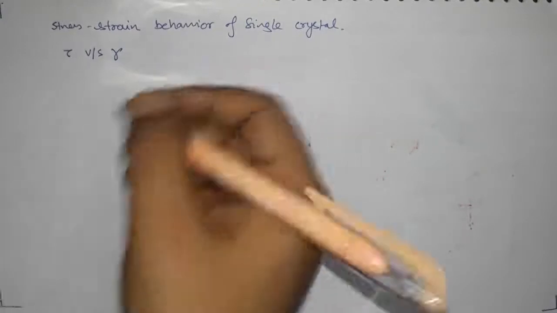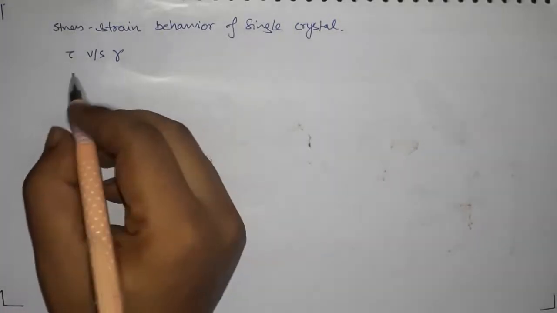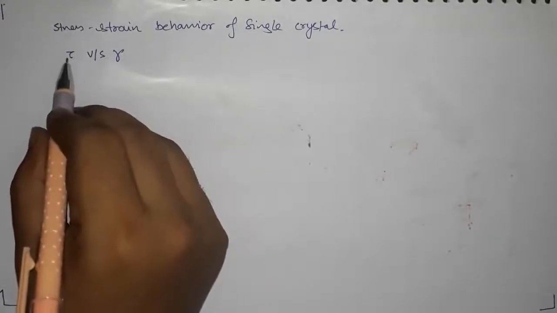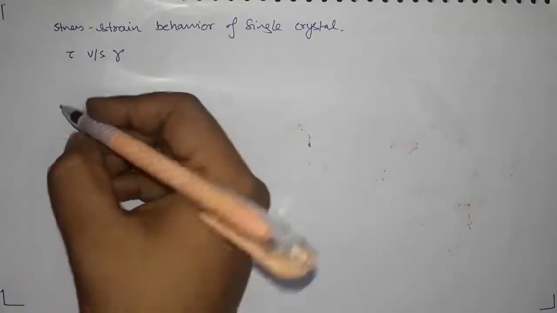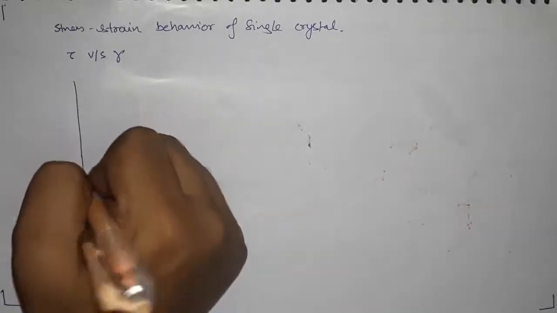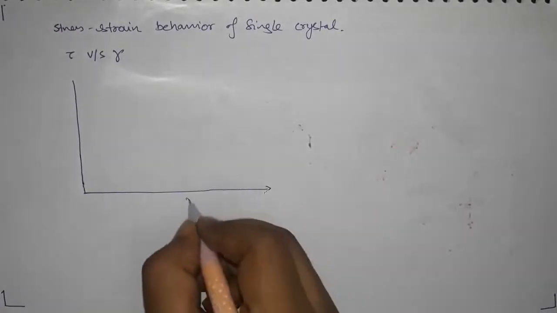Okay, because if you apply normal stress, then that normal stress will not cause any deformation because it's a single crystal. In a polycrystal, when you apply a normal stress for many grains, those act as a shear stress. Okay, so there you can have deformation, but if you are trying to deform a single crystal, you will have to apply a shear stress. Okay, and the response will be a shear strain. So my shear stress and shear strain response